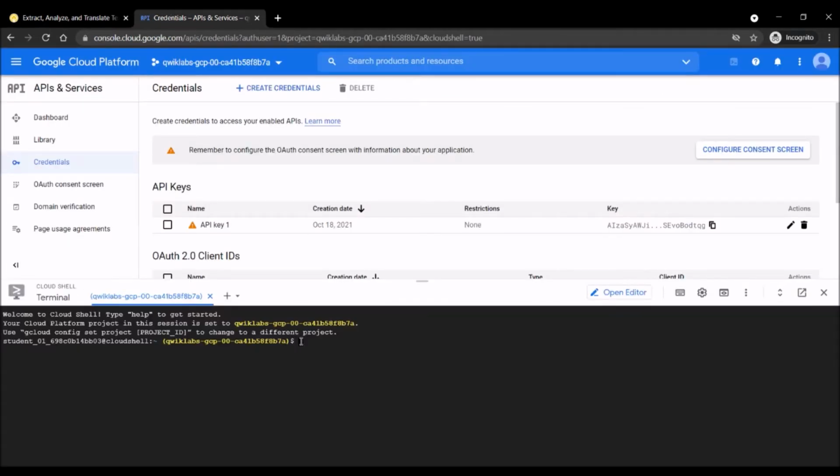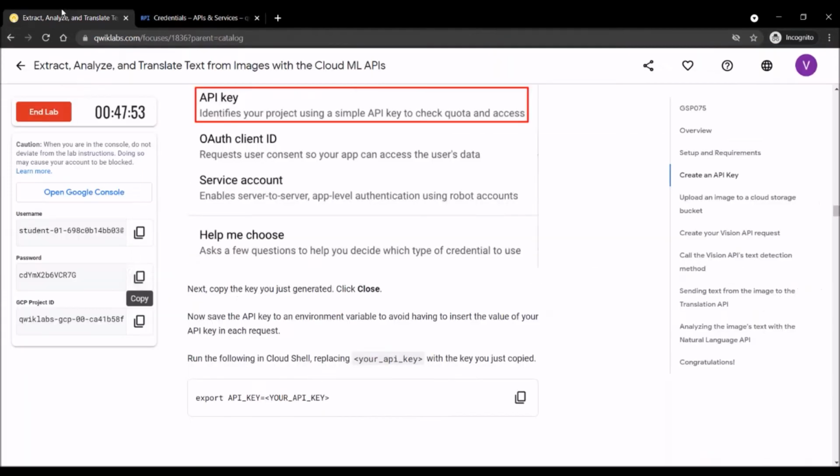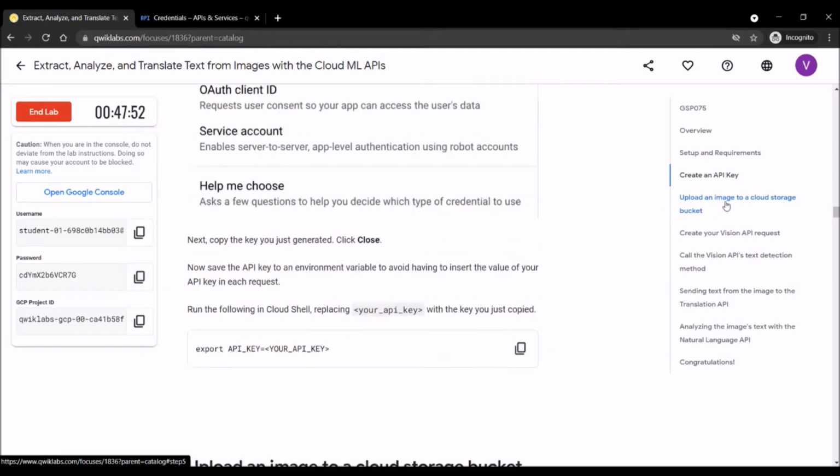Don't copy the below command because we have already copied the key. Let's just paste and see. Do we have the key? Yes. So we have the key with us. Cancel it. Type export API_KEY all caps equal to and then paste.